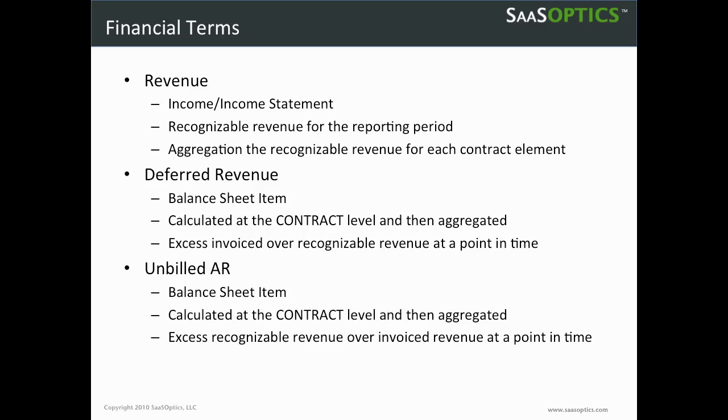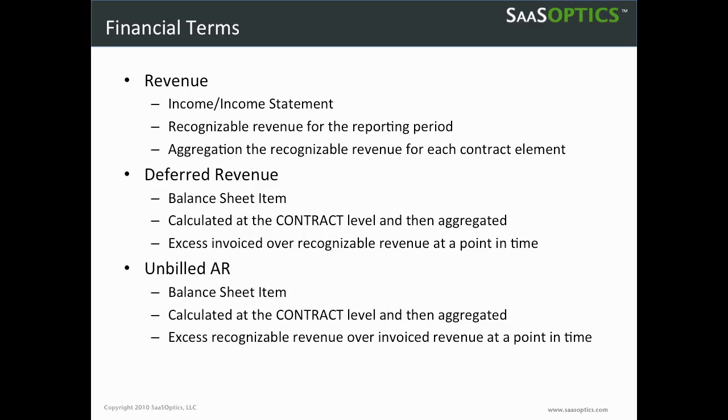Okay. Again, I don't want to go into the nitty-gritty details that I had to learn to help build a SaaS Optics product and business, but it's important to understand that you do this calculation at the contract level for each one, and you decide whether a contract is in one bucket or the other, and then you aggregate them. You don't offset them. Okay, so if you have a lot of contracts, you likely will have both deferred revenue and unbilled AR calculations. So with that, let me take you in and show you in SaaS Optics, for instance,